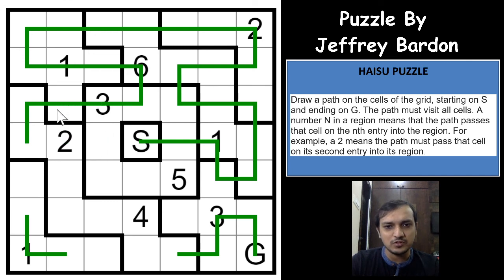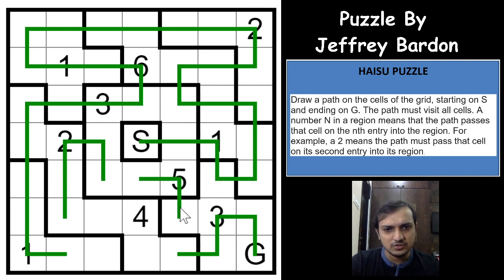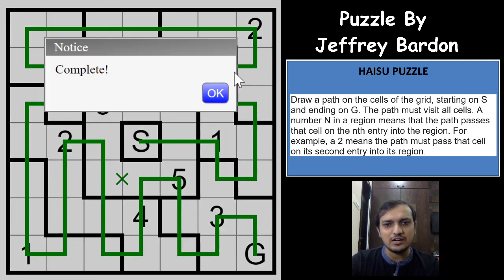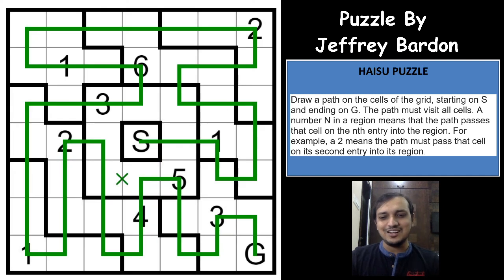So which means these both will have to connect, these both will have to connect, and now this is the first entry in that region, right? From the path from S to G, this is the first entry, which means that it cannot connect towards the 2, it has to go down. And now for this region, this is the first entry, so it has to connect to the 1, and this will come down. So the 5 will be connected this way, these both cannot connect, this will come down, this will come down, this will come down, and these will also come down, and with that we complete this excellent puzzle.